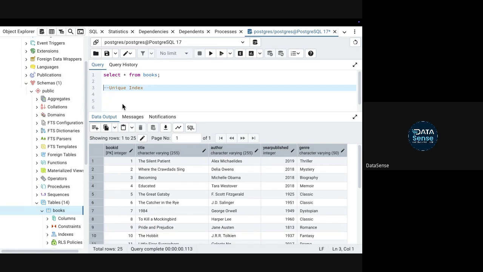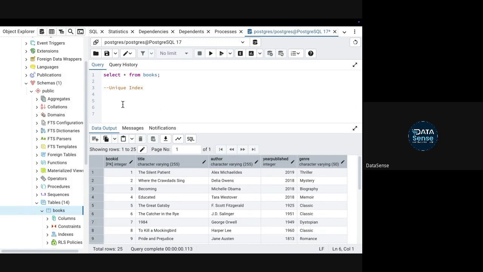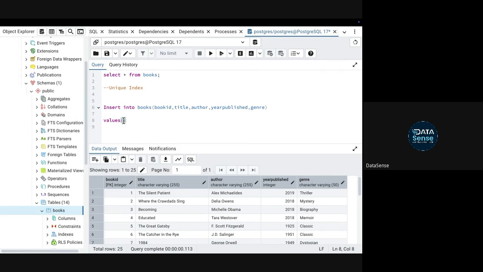Okay. Now, first of all, if you see, I have this table. If I try to insert a value in this table, for example, I say insert into books: book ID, title, author, year published, genre, values. The values will be, for example,